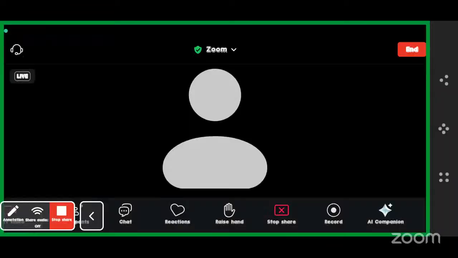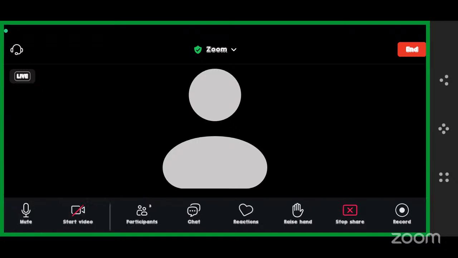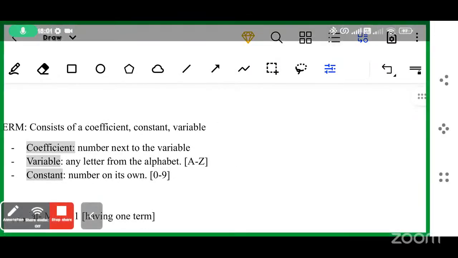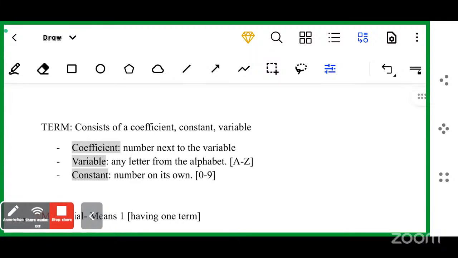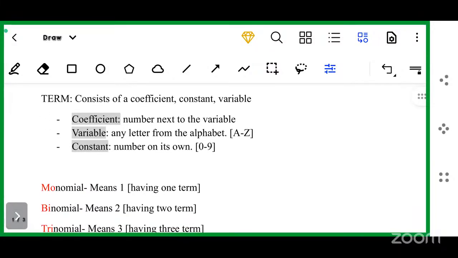So today we're going to do binomials. Do you know binomials? No, ma'am. Okay, perfect. Is my screen audible on your side? Yes, ma'am. Perfect. So I would like to state these few terms. When we're dealing with binomials, you have what we call a term, a coefficient, a